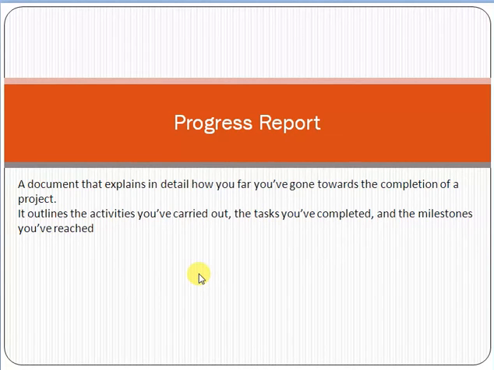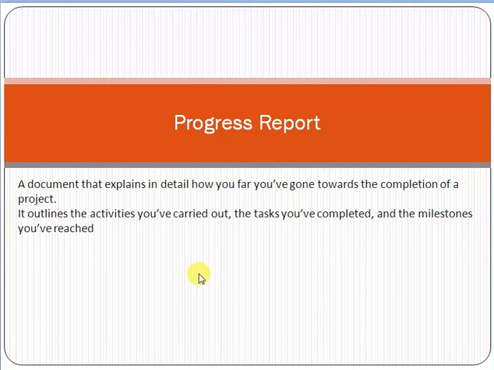Friend, if you are studying project management in university or you are planning to give the PMP exam, this is an important topic and you will see it in the exam. Not specifically scenario-based questions, but in the multiple choice questions you will see at least 2 to 3 questions which are directly related to progress report. Also friend,